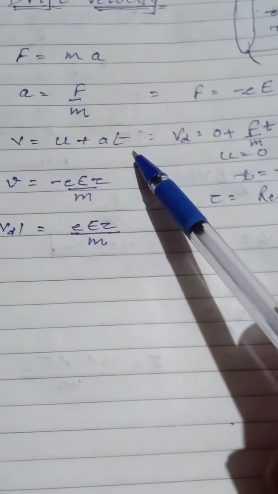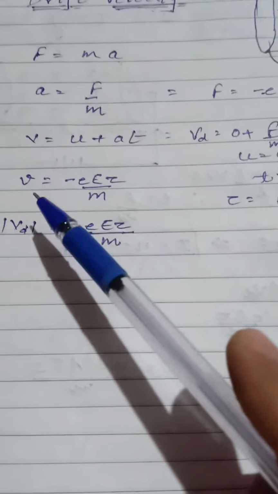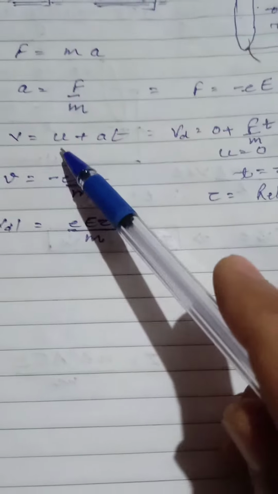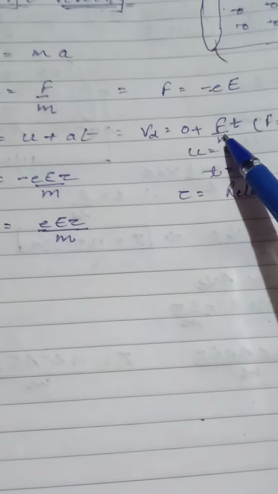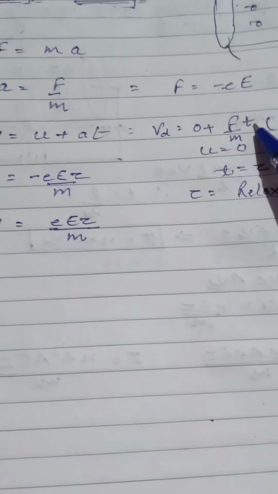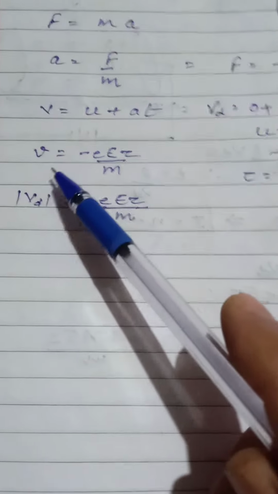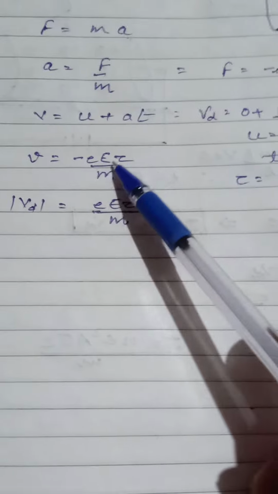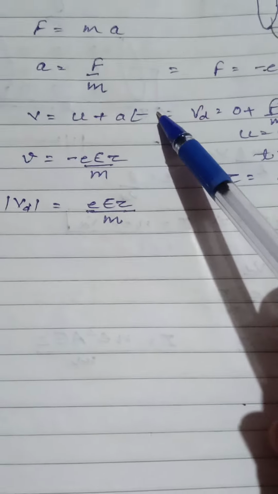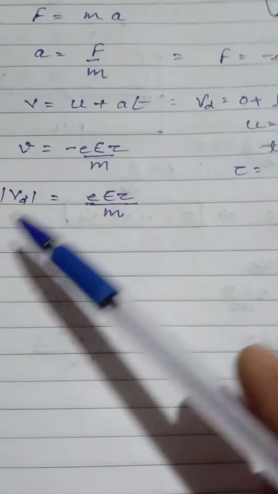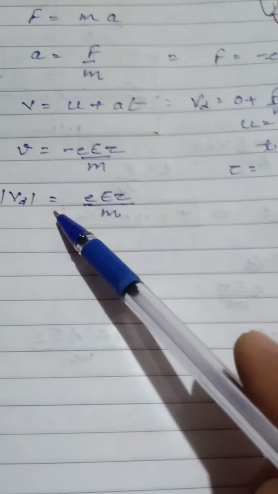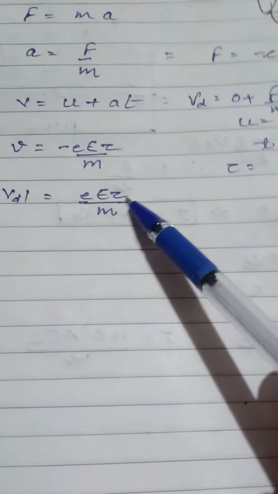From the first equation of motion, we have V equals U plus AT. The value of U is equal to 0, and the value of A is F upon M, into time period T. So V is equal to minus small e into capital E tau upon M. This T is converted into tau. So Vd, the drift velocity, is equal to e into capital E tau upon M, where tau is known as